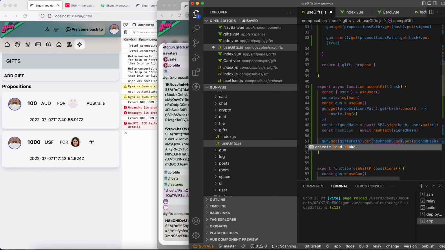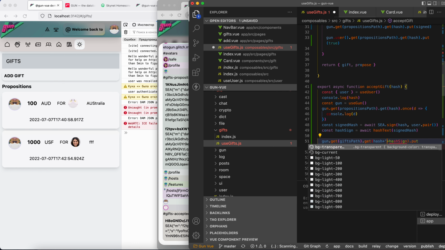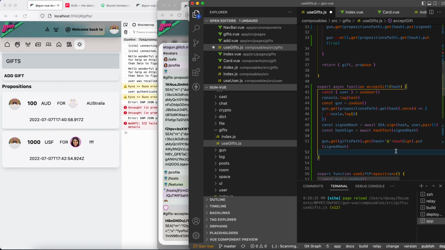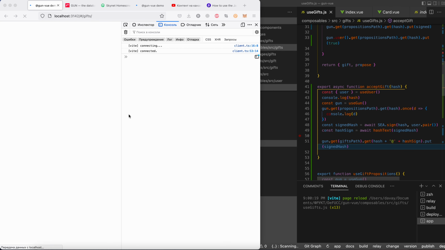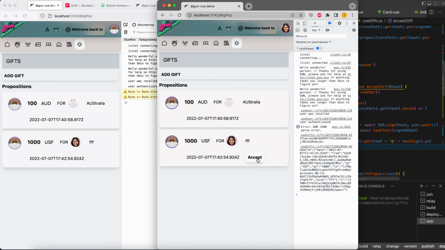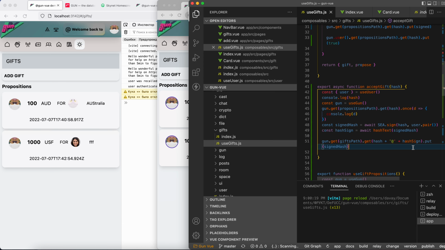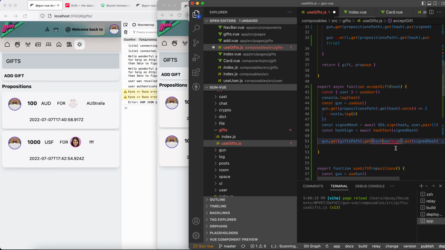I'm sorry for this simple strategy, not using template literals, but let's try it. If this time we click accept, data not the same as hash. No, we need that the hash is here, but we may have